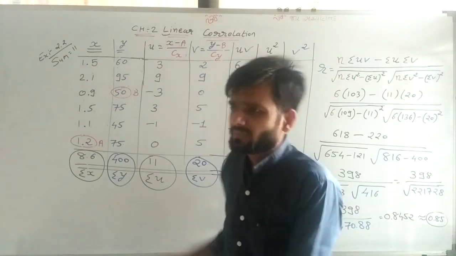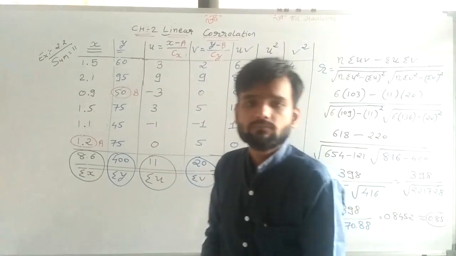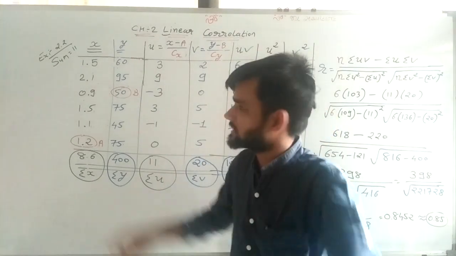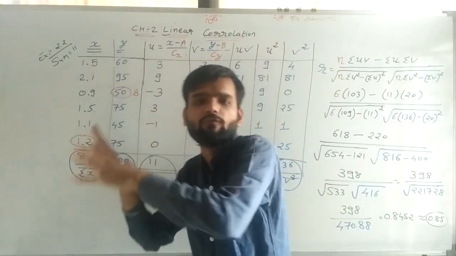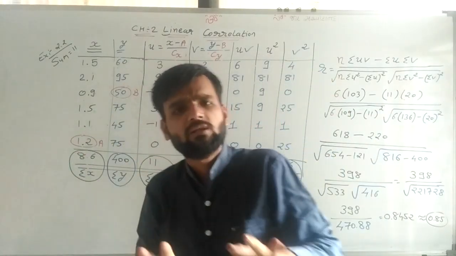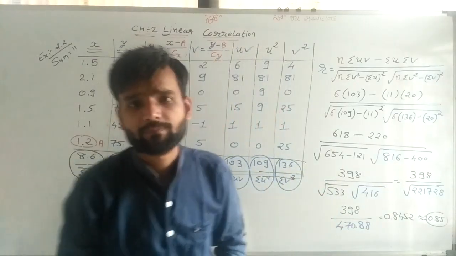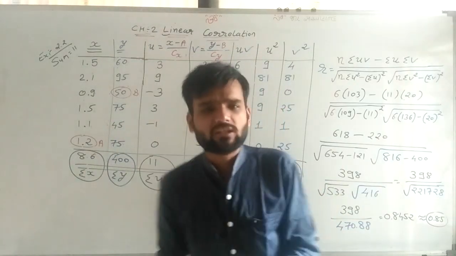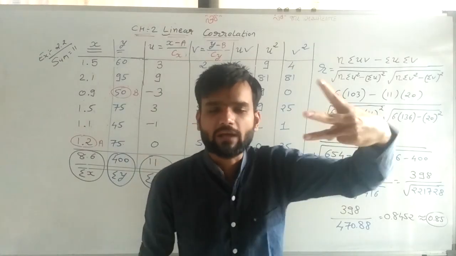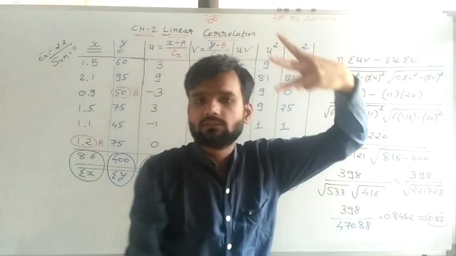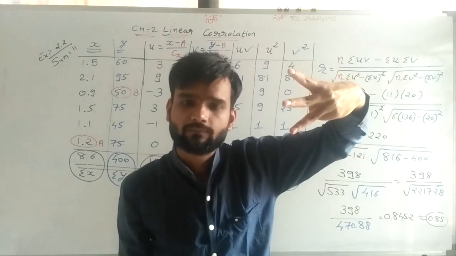And then I have solved this sum. Only one change is there. Here 1.8 is written in your textbook, and I have written 1.5. Otherwise, the other values remain the same. There is no change. Now, why have I taken this sum? To explain to you when the 3 formulas can be used.